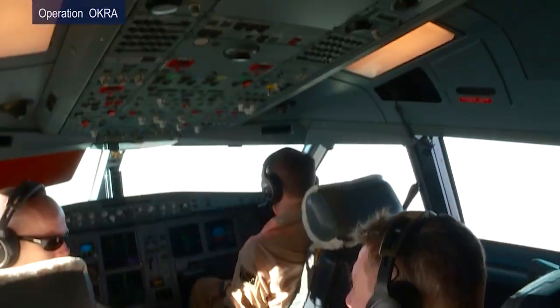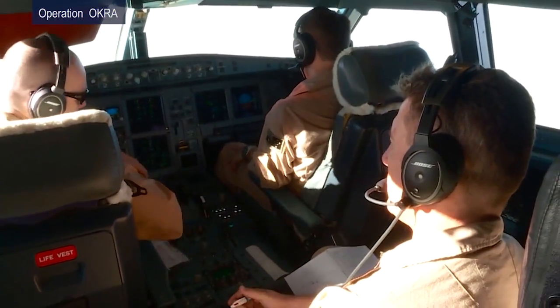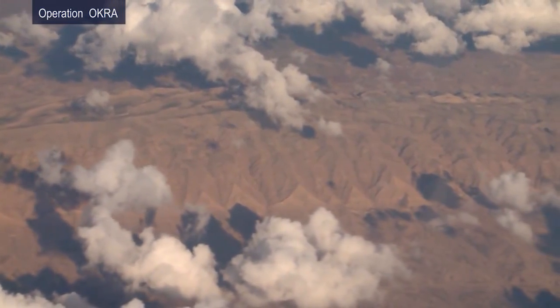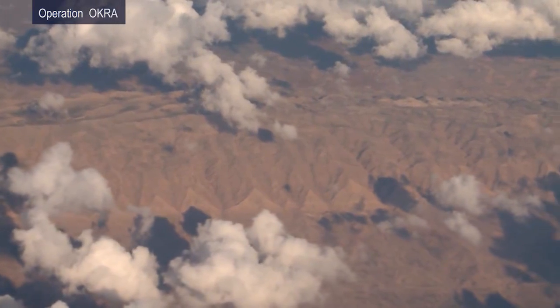Welcome on board the KC-30A multi-role transport tanker. We're going to show you the role and the function of this aircraft today, and you're on an operational mission on Operation Okra. We're flying up to northern Iraq as we speak, and we're operating in northern Iraq and on